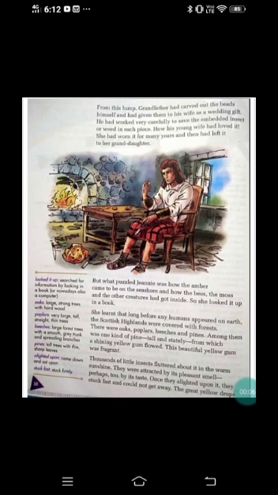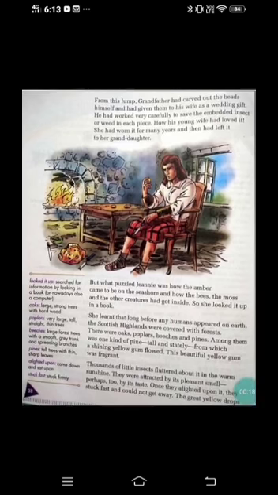From this lump, grandfather had carved out the beads himself and had given them to his wife as a wedding gift. So, grandfather had carved the beads. It was like a lump. It was like a hard stone. It was a shapeless stone. What he did, he carved those beads and he had given them as a gift to his wife on his wedding day. He had worked very carefully to save the embedded insect or weed in each piece. So he carved very carefully